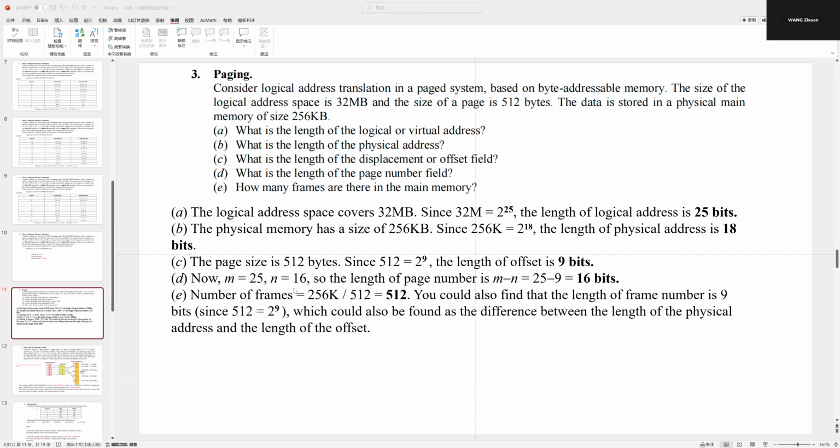The n is the answer of the page number field. But if you want to count this, you can't use this, it will be wrong. So you need to use m minus the page size, because